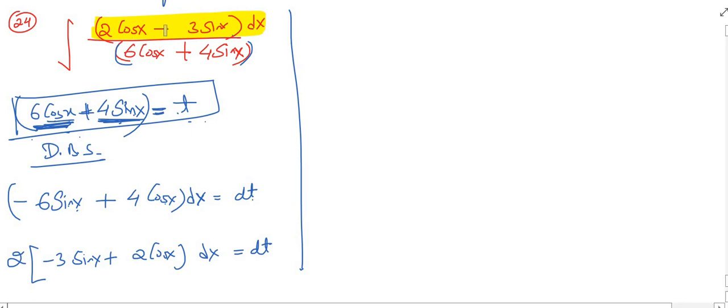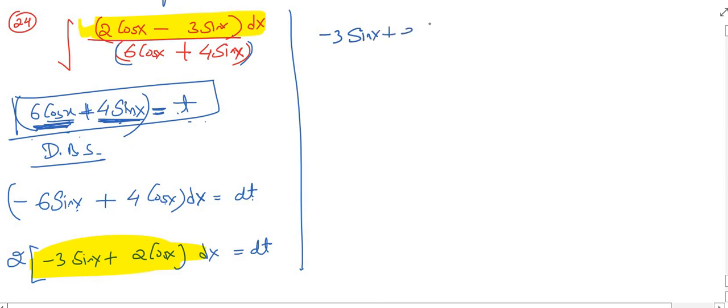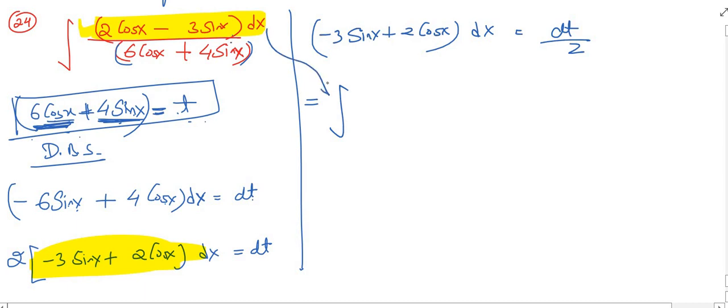Now if we observe this and this, they are same, yes or no? 2 cos x minus 3 sin x, and this is also 2 cos x minus 3 sin x, it is same. So let me write minus 3 sin x plus 2 cos x dx is equal to dt by 2. Now we are ready to substitute here. तो numerator is dt by 2,